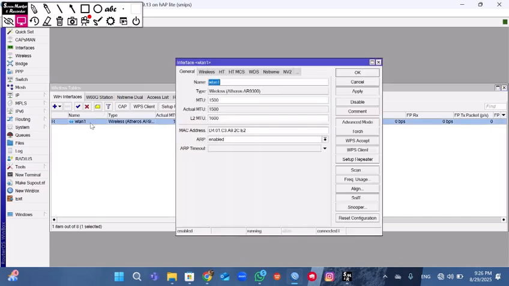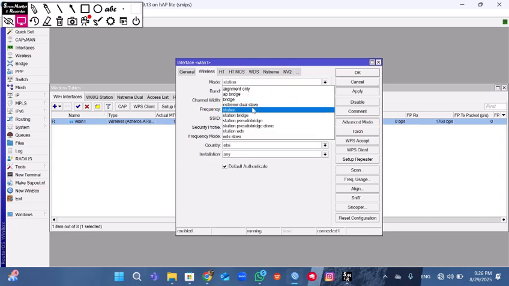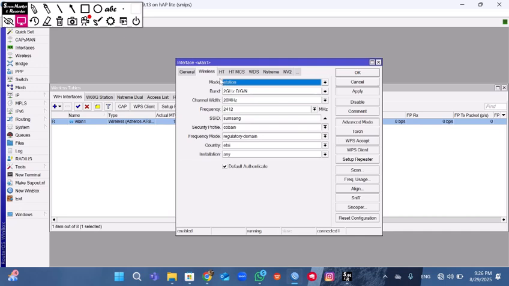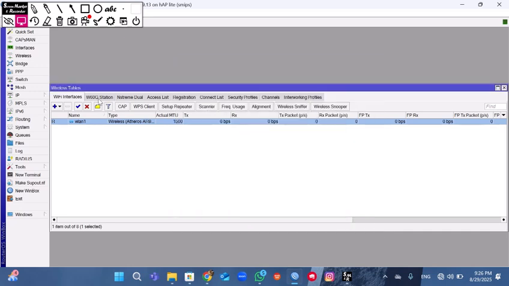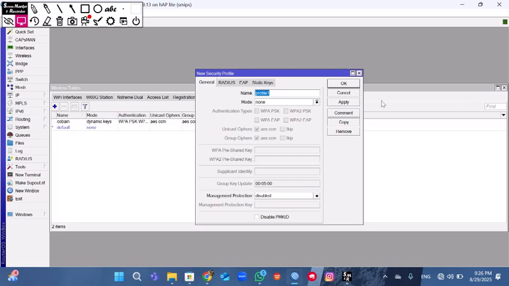We can click it and set the mode to station or station bridge, and we apply it. Then we go to security profile and we add the network like this.